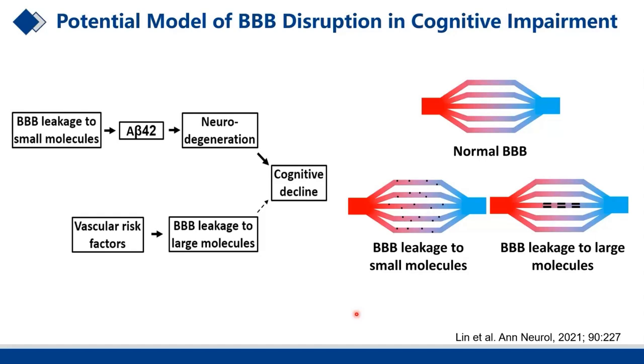disruption in cognitive impairment. That is, the BBB leakage to small molecules is more related to the amyloid or AD pathology, but the vascular risk factors are more related to the large molecules. And both of them could cause a potential